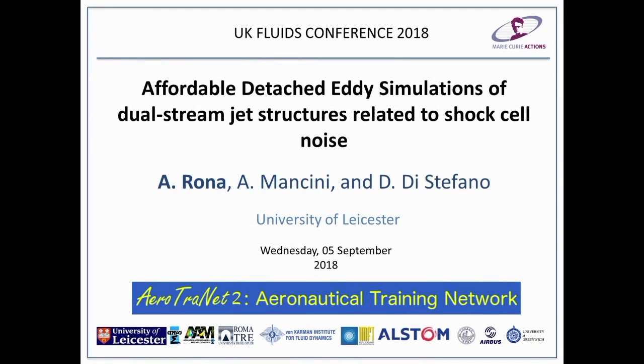So today I hope I'll be able to show you that when you have a problem that is shock dominated, where you have large shocks that are responsible for producing noise over a relatively small bandwidth, it is possible to make aeroacoustic predictions using affordable detached eddy simulations as an alternative to other types of computational methods that may